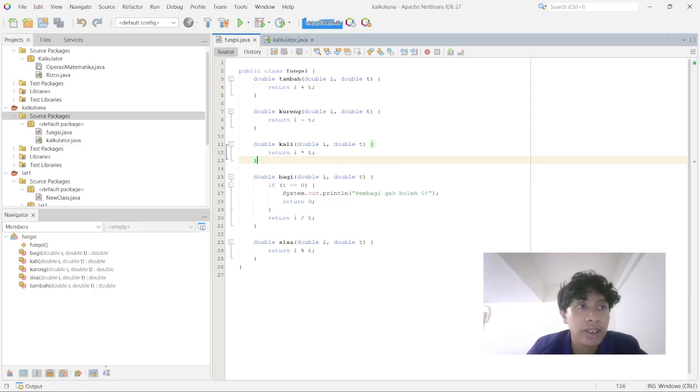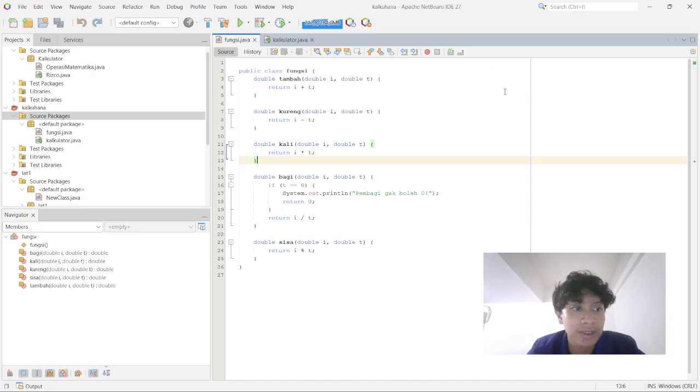Before explaining the code, I want to show you how to make the project. It's quite simple. Just click here and then choose Java with Ant, Java application, and then next, and enter your project name. If you want to, don't forget to change or enter the name of the main class, and then click finish.